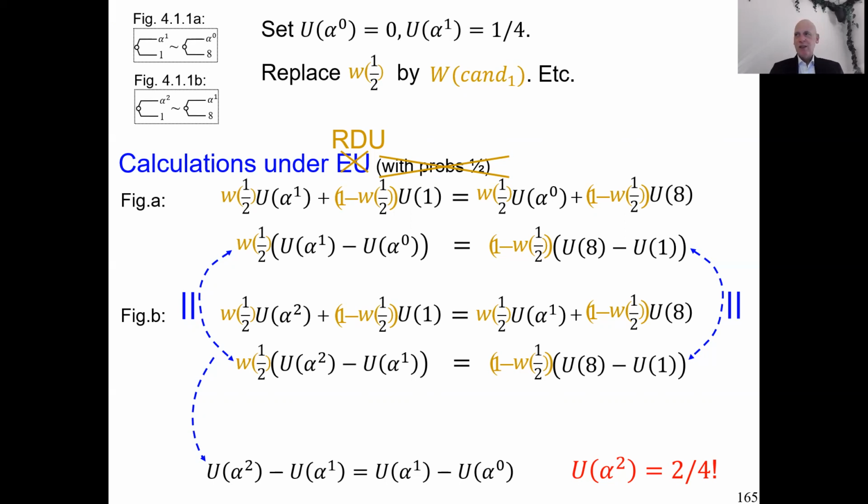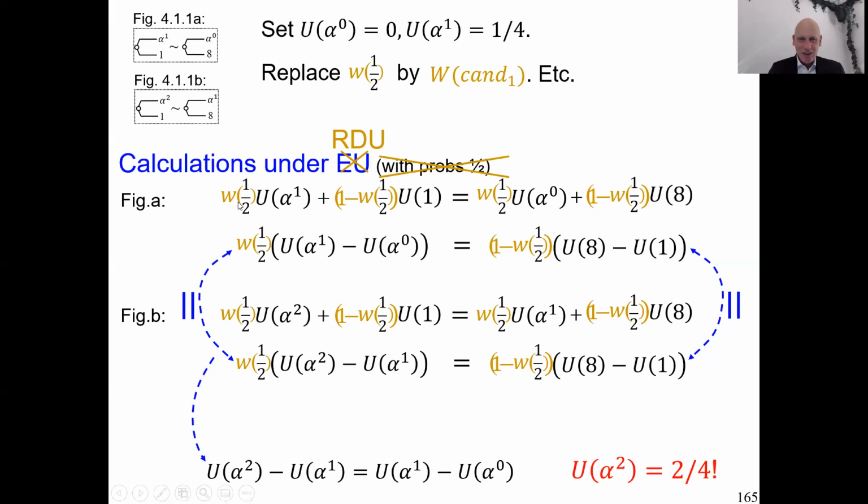There were also figures with beta. I will not show them, but you may remember that then the lower branches gave the best outcome. There were a small g and a capital G there. So if then you do rank-dependent utility, you start with the best outcome, which is the lower branch. So you get the capital W applied to candidate 2, which is providing the decision weight of the lower branch. And the upper branch, with the alphas, now has a decision weight 1 minus capital W of candidate 2. So now here you have these calculations, but instead of this W half, you have 1 minus capital W of candidate 2, if you can follow.